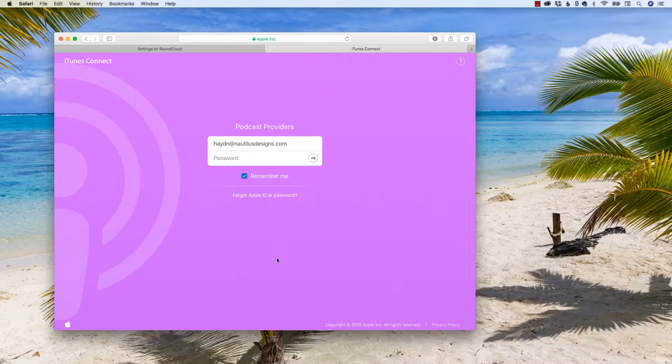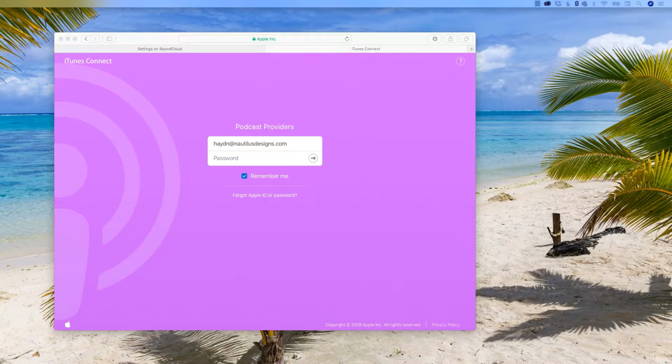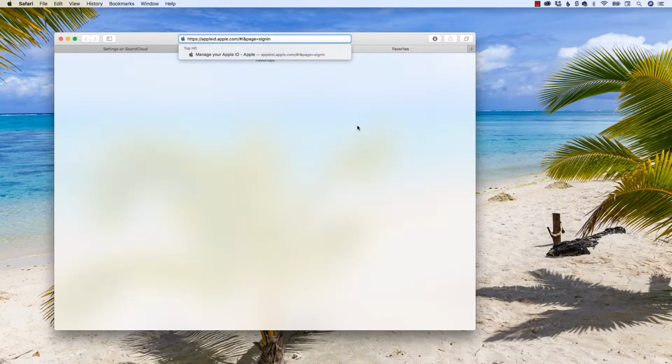Now note that it doesn't give you an option to create an account here. That's because iTunes Connect already assumes that you have a login and password. If you don't, that's okay. Let me copy and paste this other account information. So if you do not have an account here, let me copy and paste this. Come on, little mouse. Where'd you go here? There we are. You can also go over to